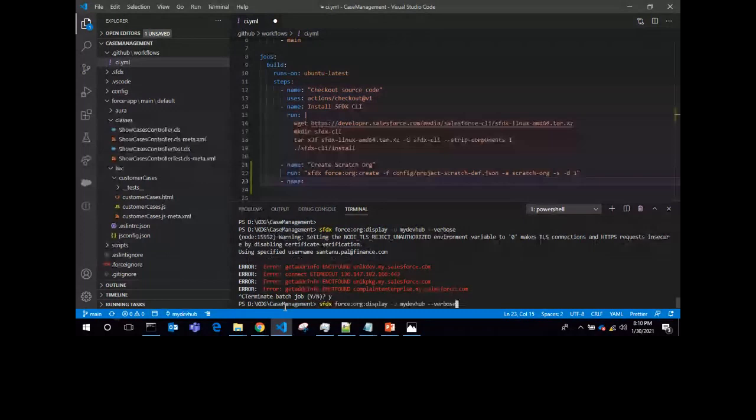Okay, coming to this syntax, name equal to deploy to scratch org, run. That is the deploy syntax. As you all know, sfdx force:source:push. I have written the same command here.